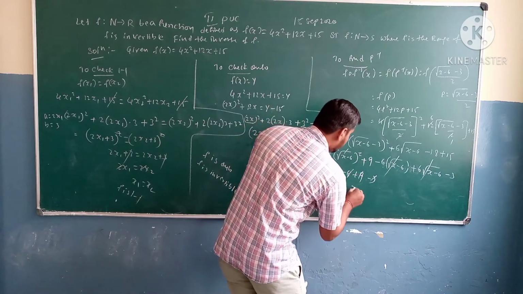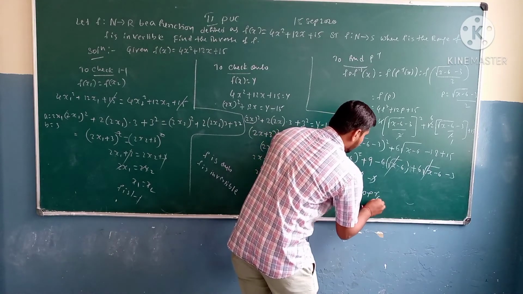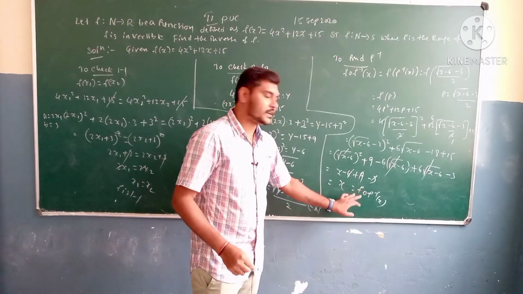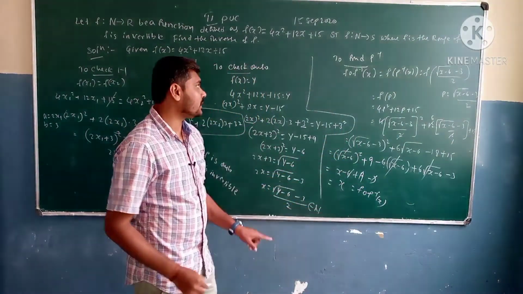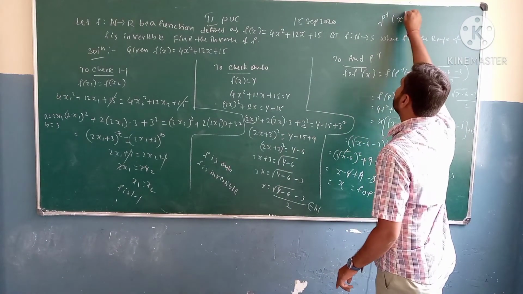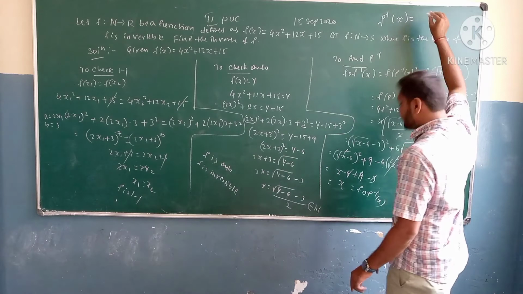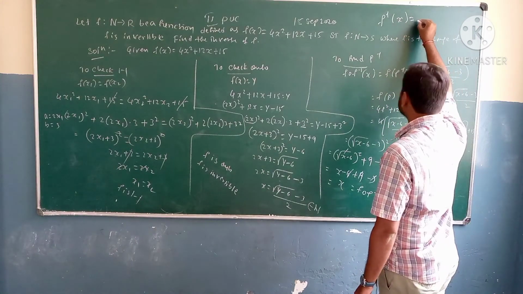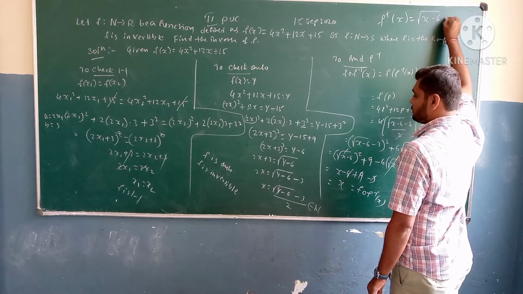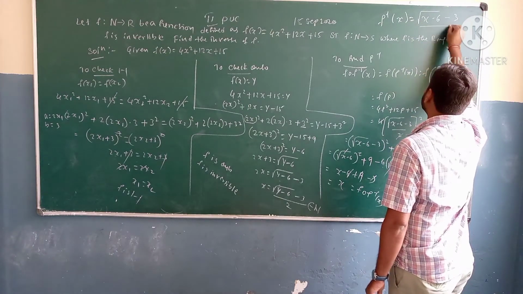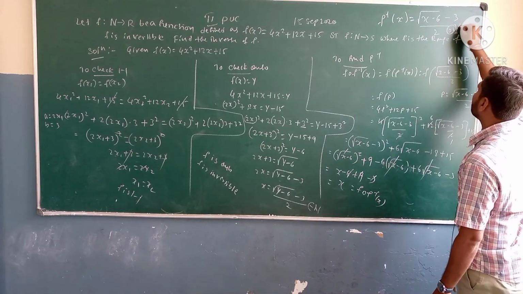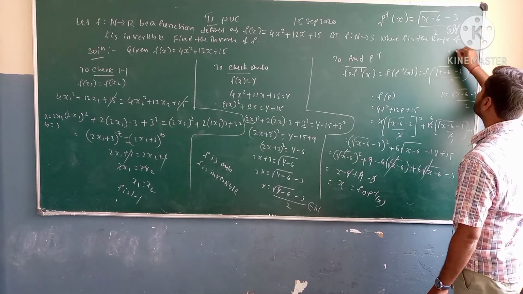So this x is nothing but f inverse of x. So f inverse of x is nothing but x itself. So when the value is going to be equal for x, this is the inverse of the function. So the inverse of the function can be written as f inverse of x is equal to root of x minus 6 minus 3 divided by 2, or in the form of y you can also write f inverse of y is equal to root of y